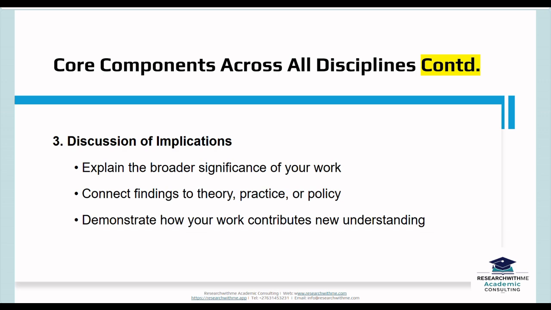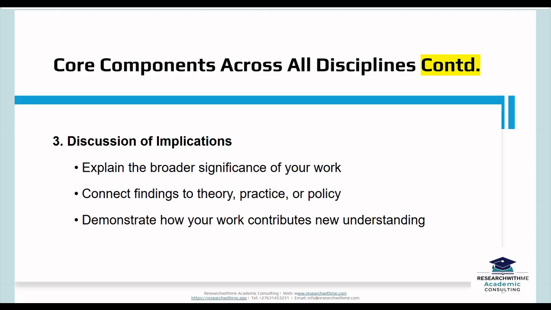And if you are going to fuse everything also under discussion, you make sure that at the beginning of every paragraph, because if discussion and conclusion are expected to be fused together, that tells you that you are going to have an elongated discussion, meaning you have about 4 or 5 paragraphs. So it means that at the beginning of each paragraph, the leading statement, which is the topic sentence, should tell the reader that you are talking about limitation here, that you are talking about implication in this paragraph, that you are talking about contribution in this paragraph, that you are talking about suggestion for further study in this paragraph.